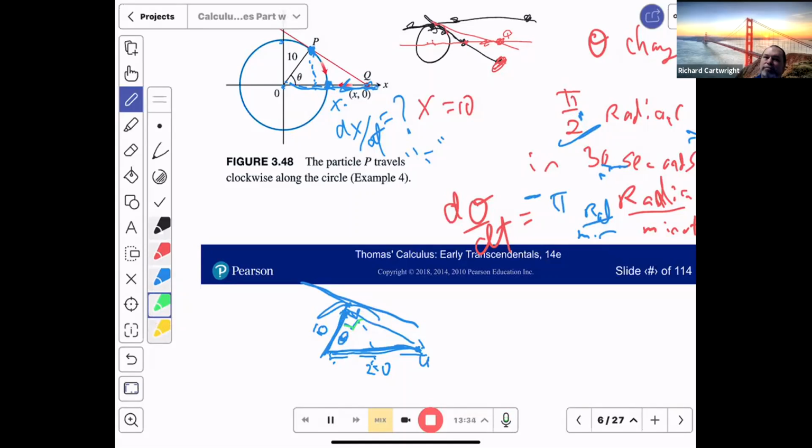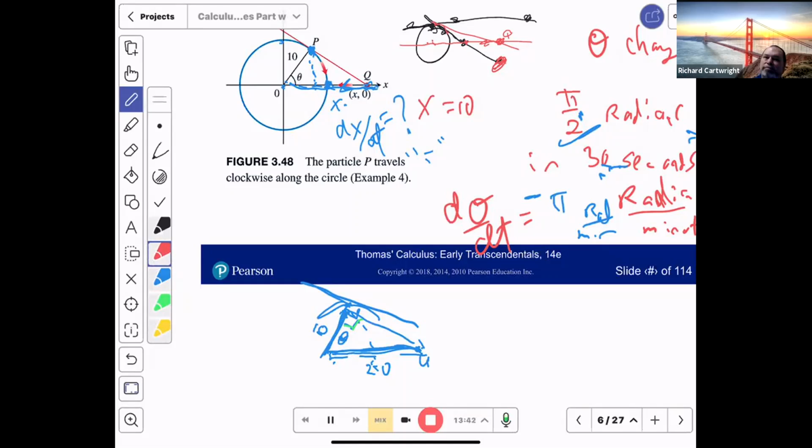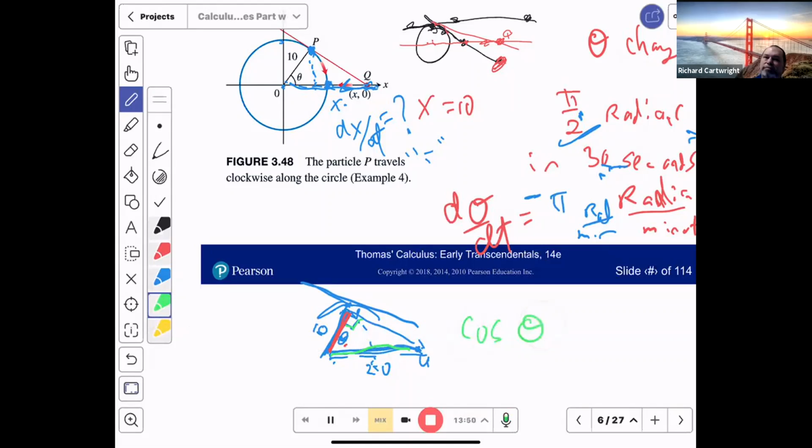Try again. Isn't it cosine? Because it's adjacent and hypotenuse. Adjacent over hypotenuse. There's my angle right here. That's an adjacent. And then this is a hypotenuse. I love it. Cosine of that theta at any given time as that triangle is moving and that point's moving, causing the tangent line to be moving,